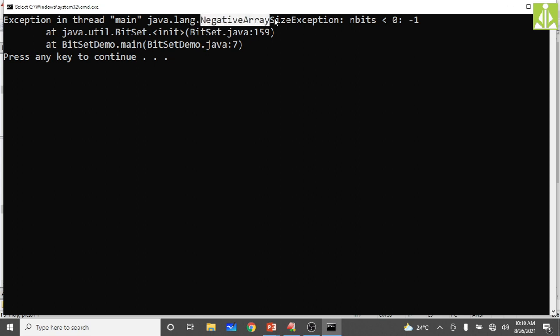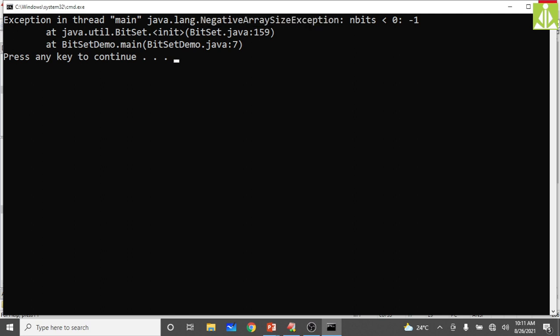Now run it. As you can see, it is a negative array size exception. It is raising an exception, negative array size. That means you are trying to create an array with negative elements. It is not possible. We can create only with a positive number of elements or with 0 elements, but we can't create an array with negative size. So that is an exception in our programming, and Java is throwing that exception. It is java.lang.NegativeArraySizeException, a class basically. And where we got that exception, inside BitSetDemo.java. Okay, hopefully you understood this one.